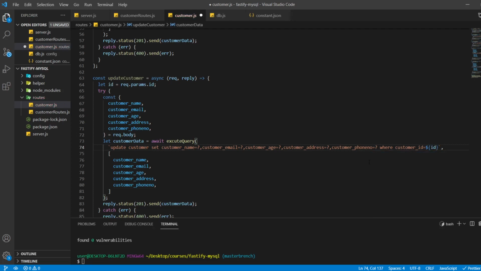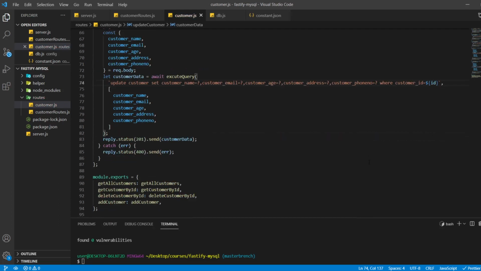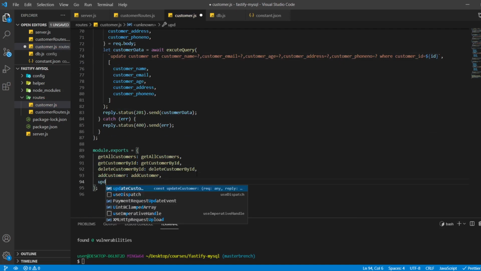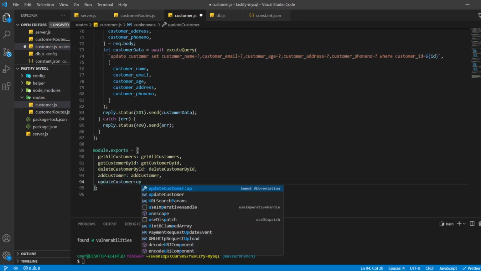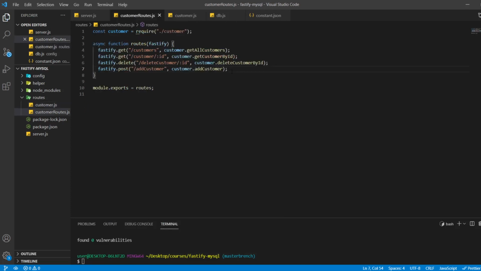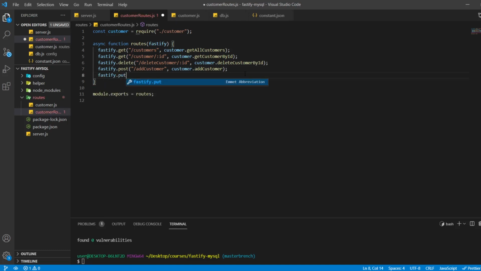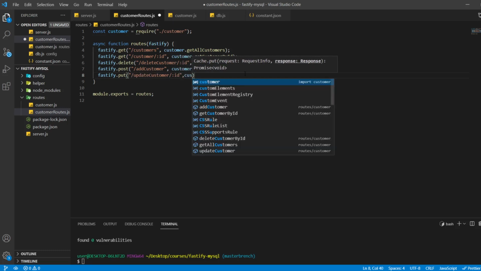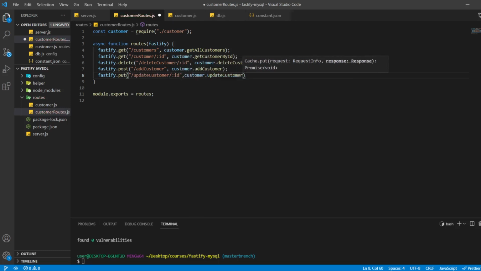Okay, and now we can export update customer and grab it in put, update customer, on the basis of id, and then customer dot update.